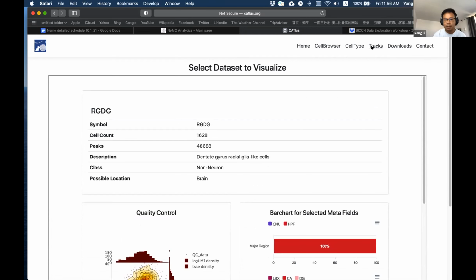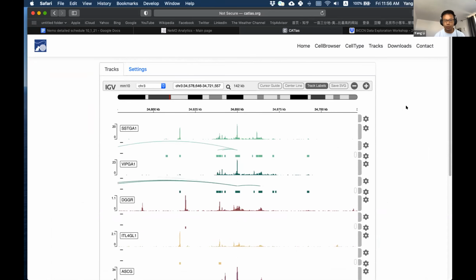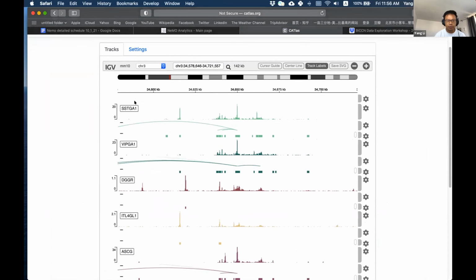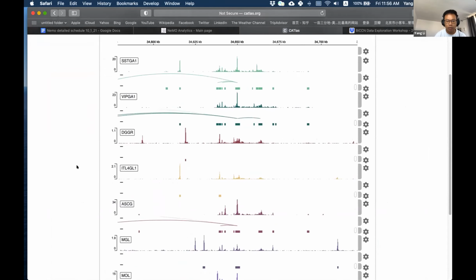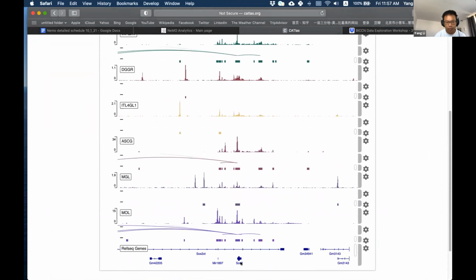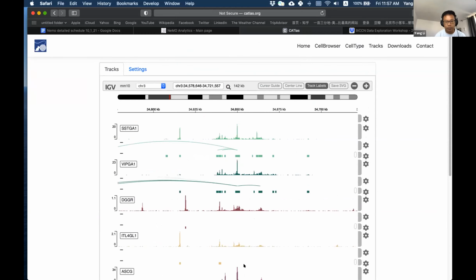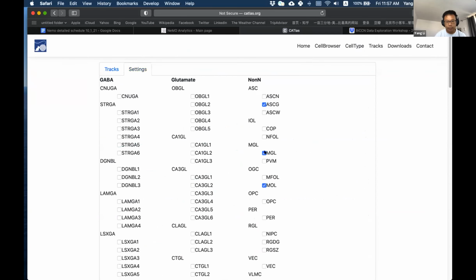Okay, so next up, I want to show you the tracks. I think this is a really powerful tool for people to explore the potential links between a cis-regulatory element and its target gene. Here only a few cell types are shown as an example, close to the gene SOX2. But you can select the cell types you are interested in. To do that, go to the setting tab and unclick the cell types you are not interested in.